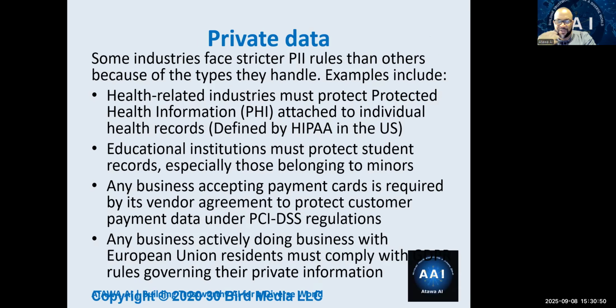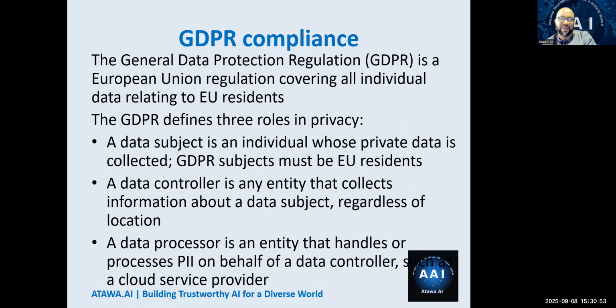Whether it be HIPAA, a lot of things talk about the private data. Just be careful about GDPR and make sure you know what to do. GDPR has 3 roles: data subject, data controller, data processor. Each one has different meanings. And GDPR covers you even if you're not operating in the EU, but you are dealing with data involving EU citizens, okay? So that's the definition. The subject is the individual. The controller is the person that controls the data. The processor is the person that handles and processes that PII, which is the private or personally identifiable information.